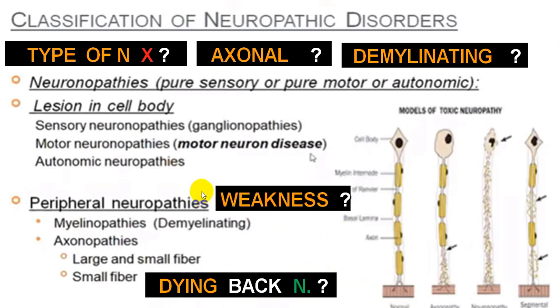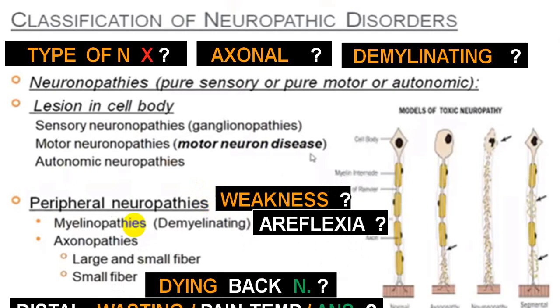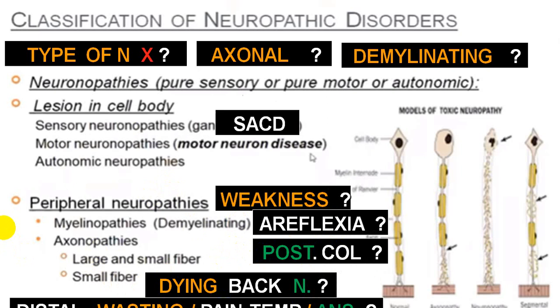In proximal, or large fiber involvement, they come with motor involvement, meaning weakness or areflexia, and distal wasting more as compared to proximal. And if you have involvement of pain and temperature with autonomic nervous system involvement, it is involvement of the small fibers. And along with large fiber, you get involvement of the posterior column as far as the sensory system is concerned. Again, these are thickly myelinated fibers, so chances of recovery are there.